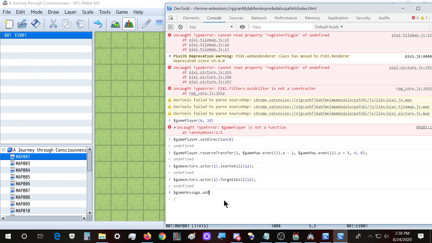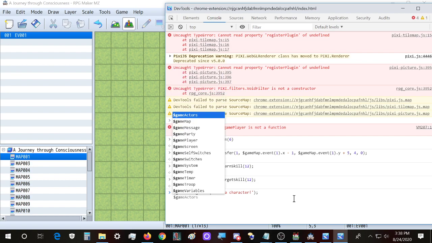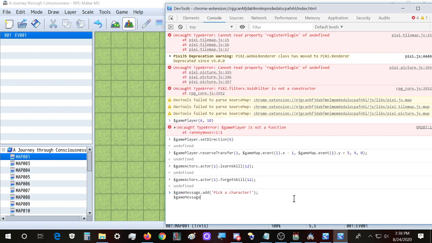We're going to use, I don't know, pick a character. This is going to be the intro message. When you create a new line, you have to keep shift pressed. Now let's say game message dot set